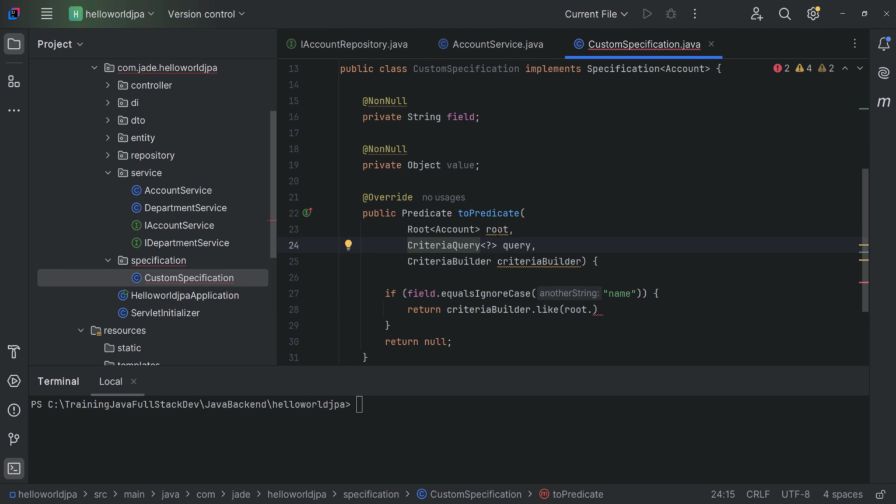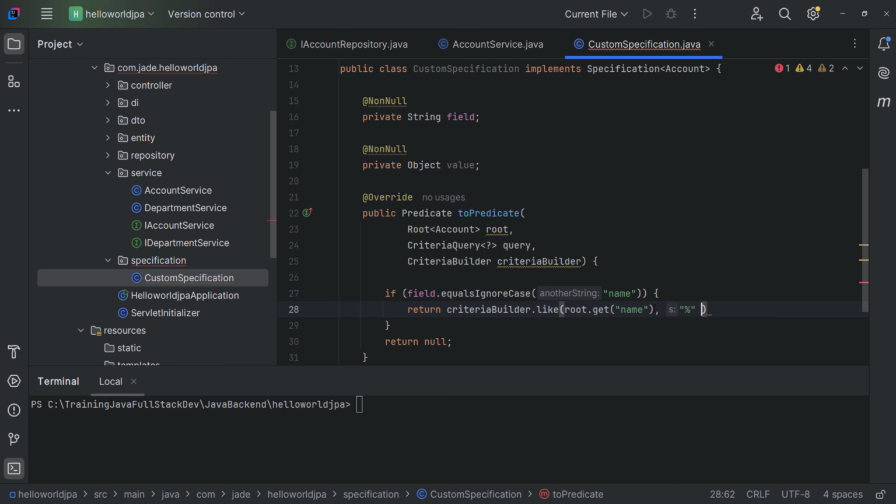Okay, root is the object that comes from the result, the account here, and from the root we use the method get and compare with the name. We get the name inside the account entity, and compare it with